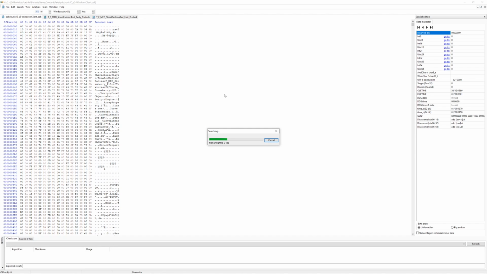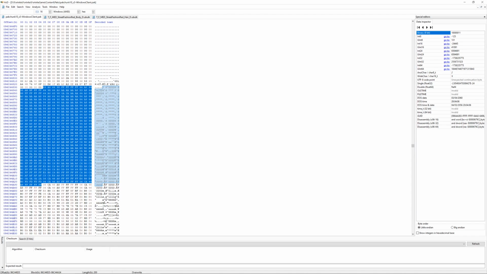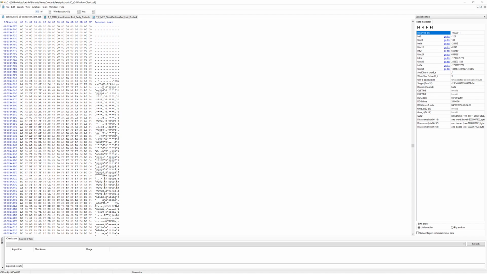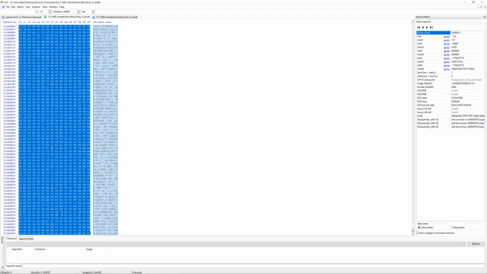This may take a few seconds, sometimes it's quicker, sometimes smaller, and as you can see we are now left here. Now you want to see where we've highlighted it, you want to click the first character, so where 83 is, since that's where it first started to highlight. We want to go back to our D, press Control A, which selects all of it, then press Control E, which will open this up.